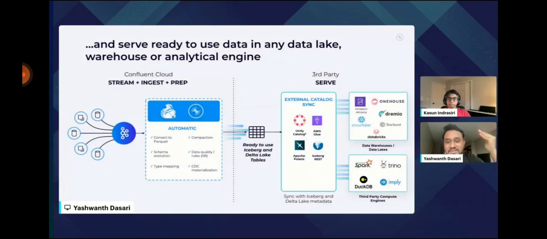This is the automatic process I've been talking about. So all the prep process and all the ingest process, it's all automated by Tableflow. And once the Kafka topics are converted into Iceberg and Delta Lake tables, we can use any catalog sync of